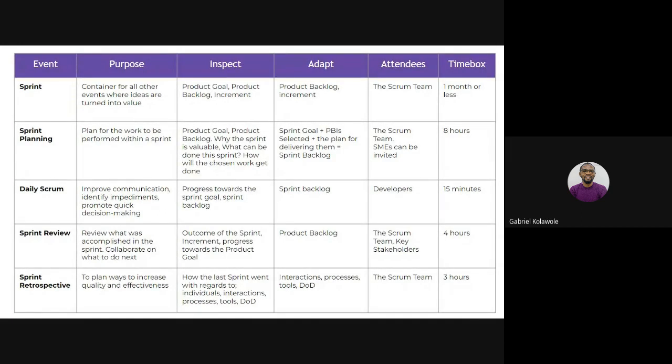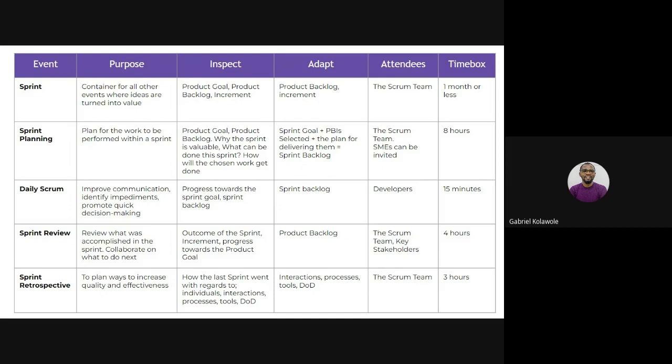Pardon me if I'm not going in order as it is here, just trying to manage my time as well. One of the very important things we do during the daily scrum is to ensure that we can track impediments and report them. Then we can use that opportunity to contact necessary people and maybe escalate the matters. So Yemi talked about escalation earlier, necessary people to escalate issues to. As a Scrum Master, one of your responsibilities is facilitating the removal of impediments.